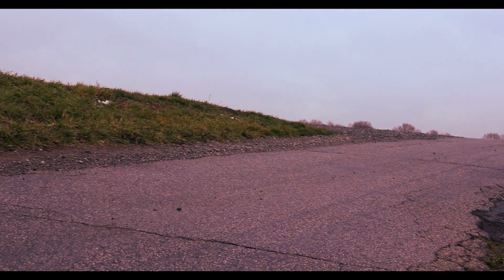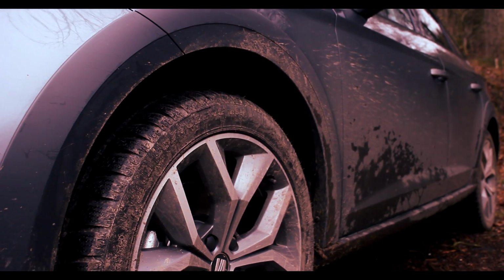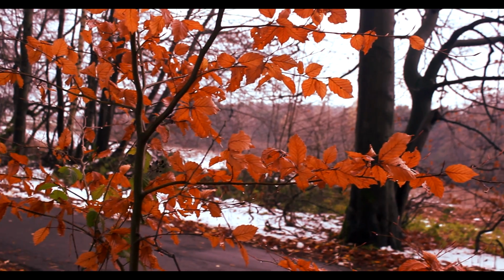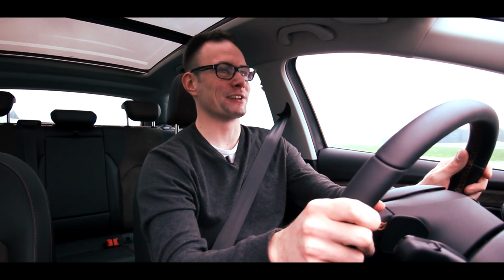Seat does a great job on the way they set up their cars, I have to say. The steering in this car is pretty light, but there's still decent feel coming through it. For a car like this, it's actually perfect in my opinion. And the chassis doesn't have too much body roll, and I do get a confidence driving this car that really